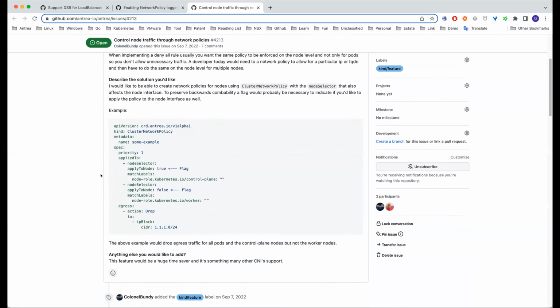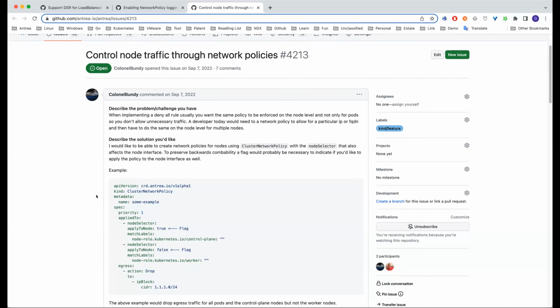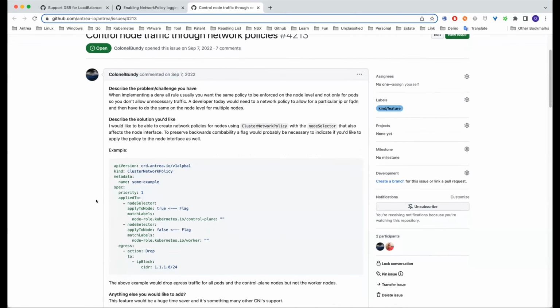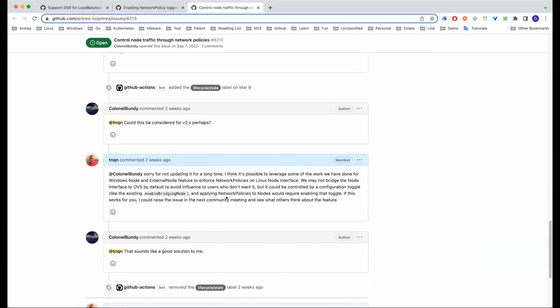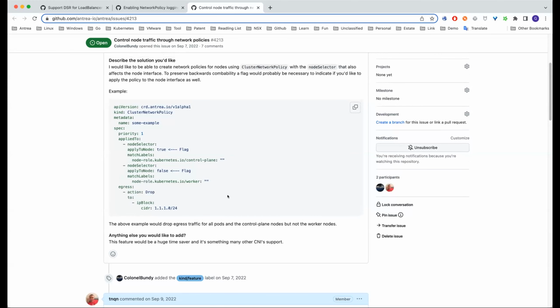But I wonder that given that we have implemented external node and we have a bridging mode in Antrea IPAM mode, whether it is possible that even if we don't run Antrea IPAM, if user could set the enable bridging mode to true, we could just bridge the physical interface to the OpenvSwitch bridge, and then it is possible that we could enforce their policies like the external node feature,